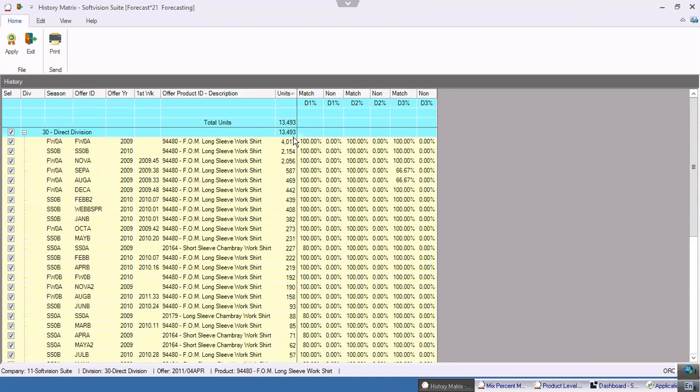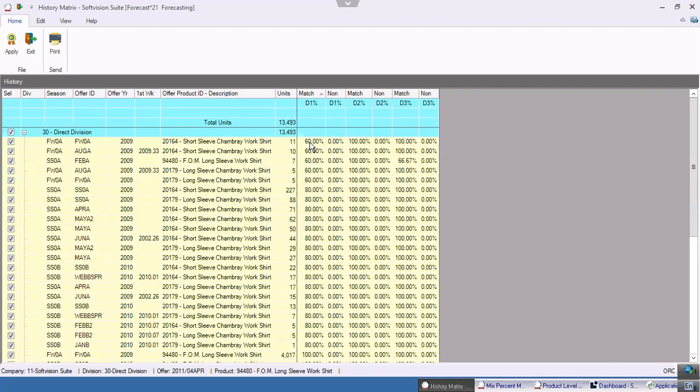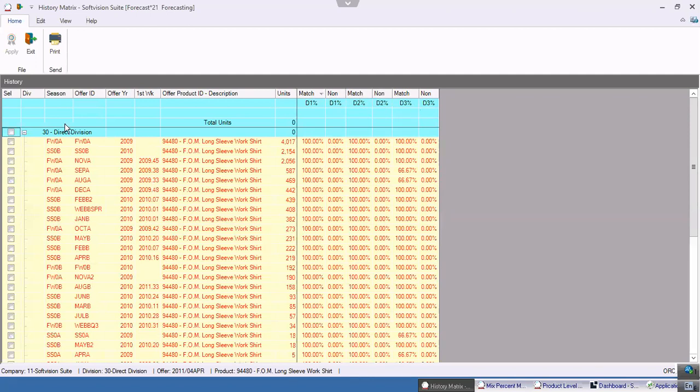All right, so this will show you your history, and you see this match and non-match. So it's going in there and showing you which ones match. You see some of these, when we say match, they don't have all the same D1s in here. Only 60% is set up. So when you come in here, you would only want to select the ones that have 100% match. And you could go in and select a number of different offers,